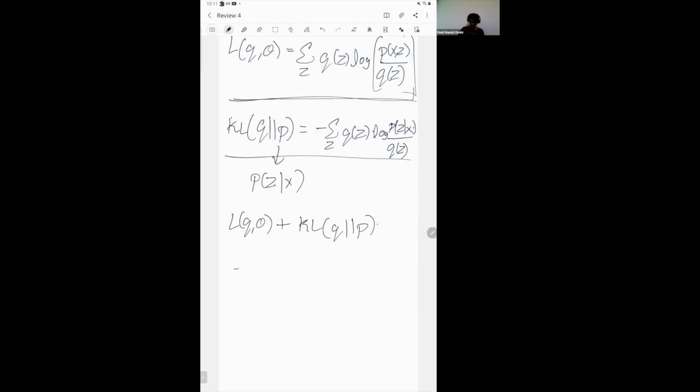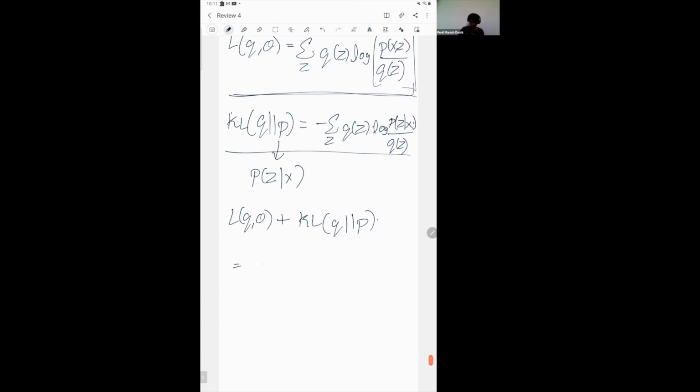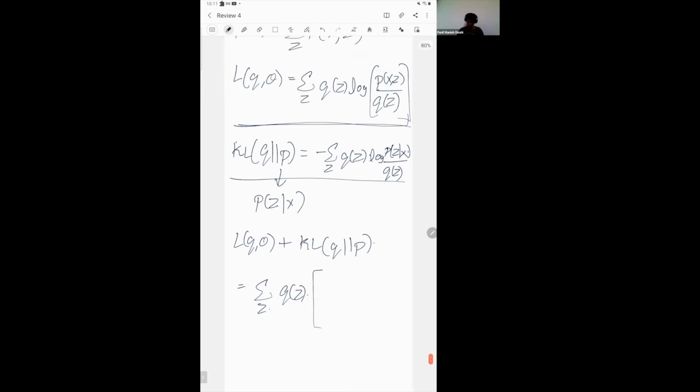If we add both of these values, we would have summation over z of q of z log of p of x comma z by q of z